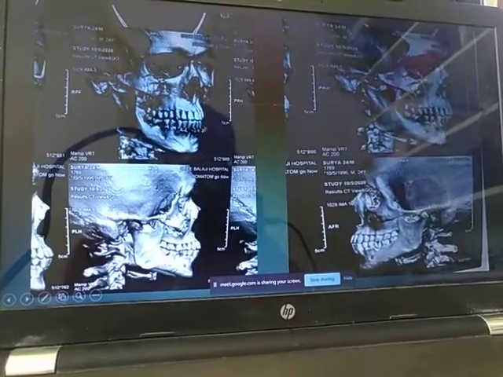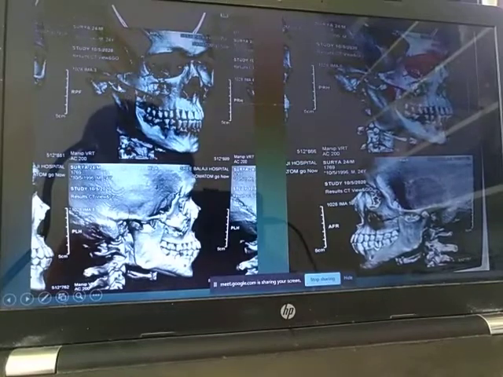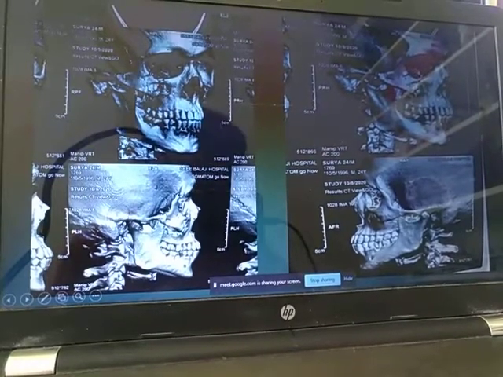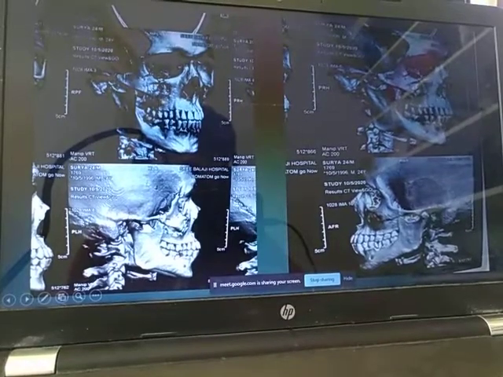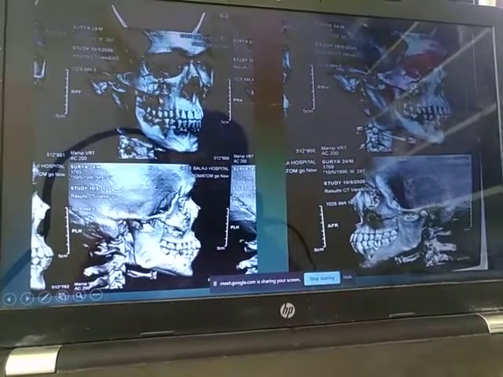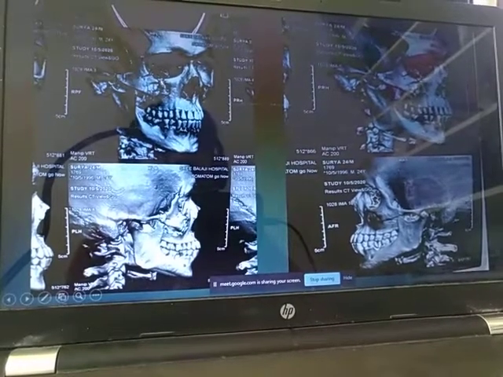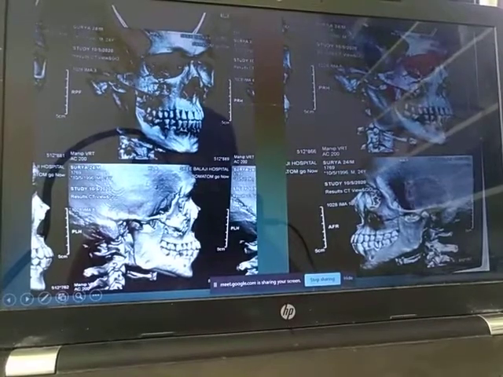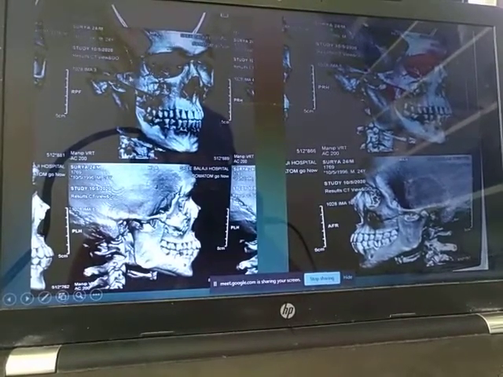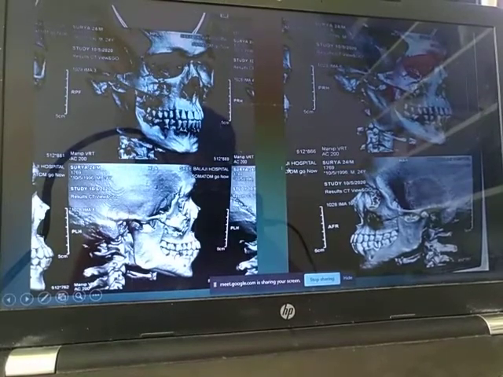This is the same patient's 3D reconstruction of the face. You can see there is gross comminution of the fracture site and the bones. The anterior wall of the maxillary sinus is completely fractured and comminuted. The inferior orbital rim is fractured. The floor is fractured. The frontozygomatic suture is fractured. The zygomatic buttress, the bone is fractured, as well as the arch is also fractured.